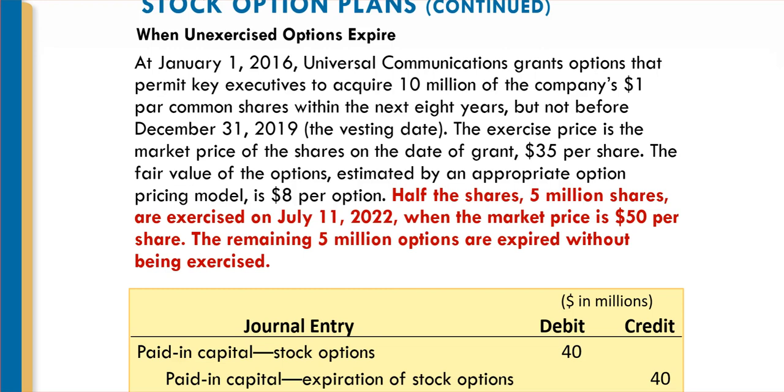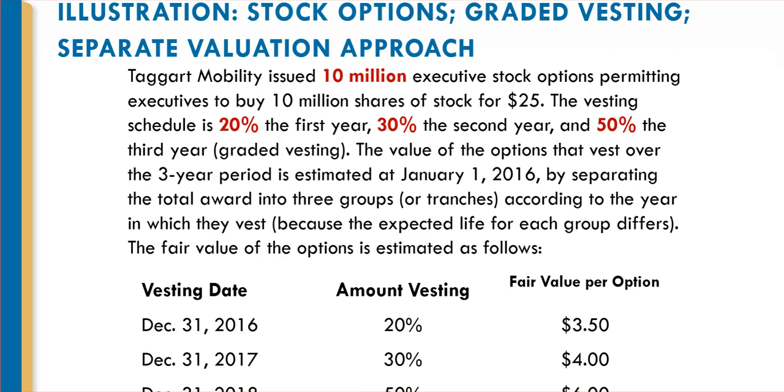You can't say the stock price is not going to go up to there. It's not ever going to be there. In bad times, sometimes we rebound very quickly. You just can't do that, okay? So we will wait, and when it expires, then we will transfer it over. It does not have any effect on our equity section of our balance sheet other than changing the caption from stock options to expired stock options or expiration of stock options, as this reads.